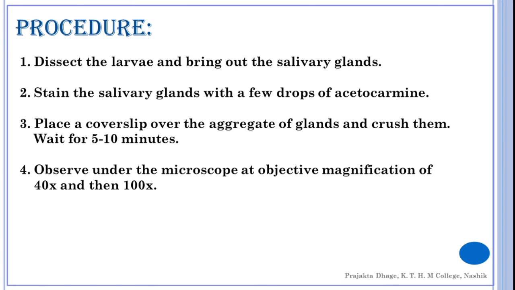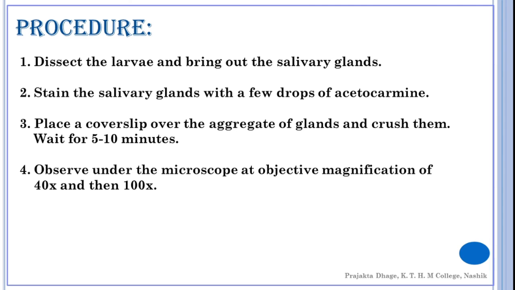Now the next step is observing under microscope. Now locate the polytene chromosome under microscope. For that, place the slide under the microscope, locate the squash region under 4x or 10x magnification to see where to focus. Once that is determined, change the objective to 40x to locate the individual cells. If certain fibrous projections appear, switch to 100x. And now it is possible to observe the light and dark banding pattern.